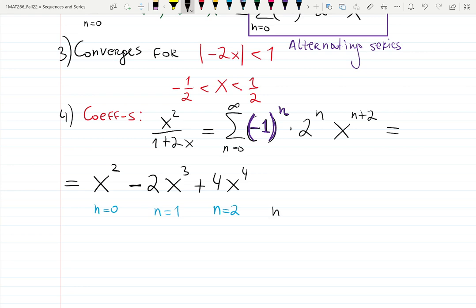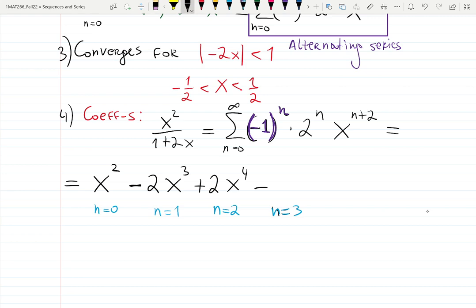Then n equals 3, change the sign. What's going to be? Minus, don't forget: plus, minus, plus, minus. Let's not write down 8, but I do see what you mean. It is correct. So usually to keep the pattern obvious, people rewrite 4 and 8 and others as 2 to the